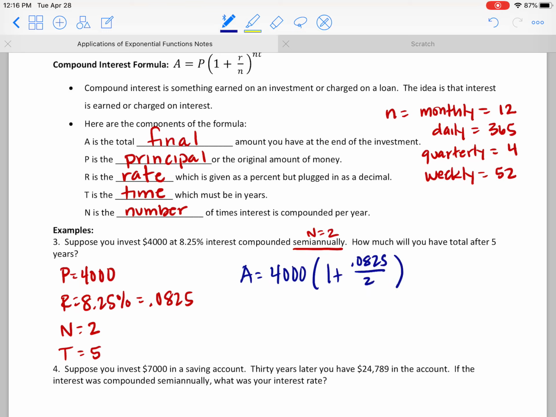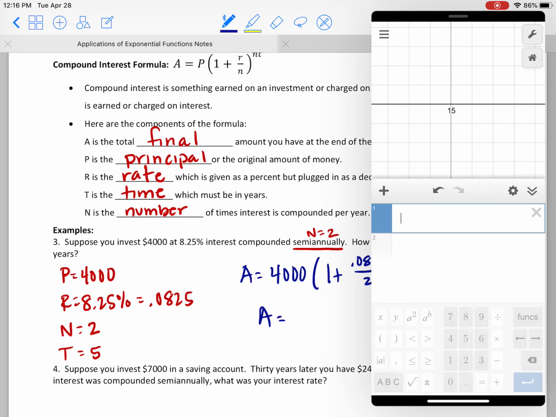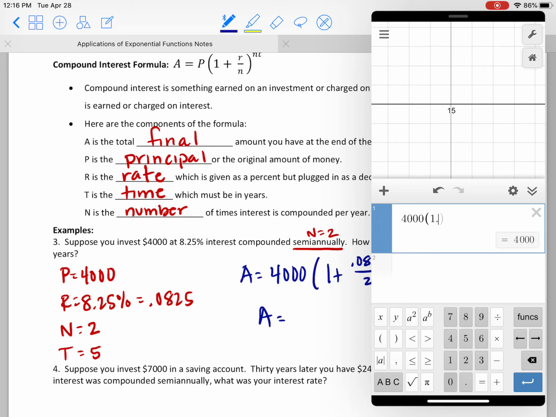So finding that total accumulated amount means we're looking for A, which means we're not doing any solving here because A is already by itself in our formula. So 4,000 times 1 plus R over N, so 0.0825 over 2, and then raised to the NT power, so 2 times 5 power. So that final amount's going to be, calculator says,